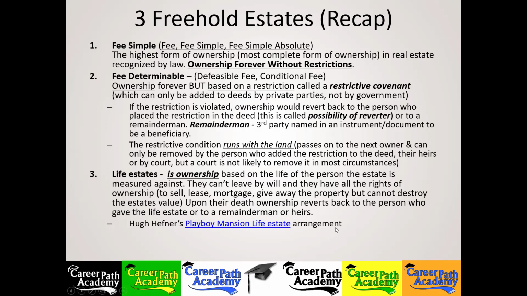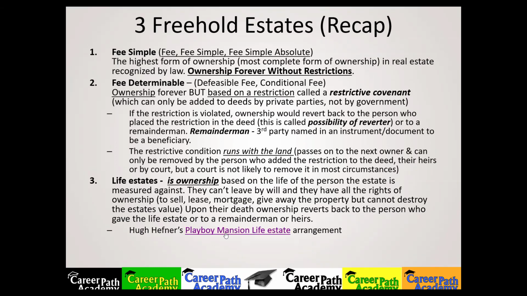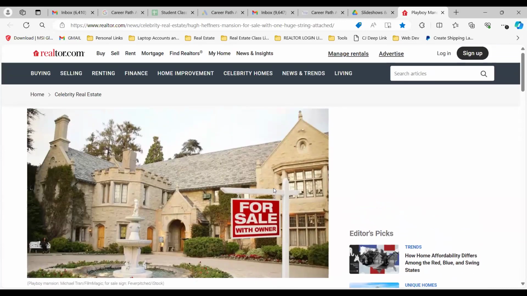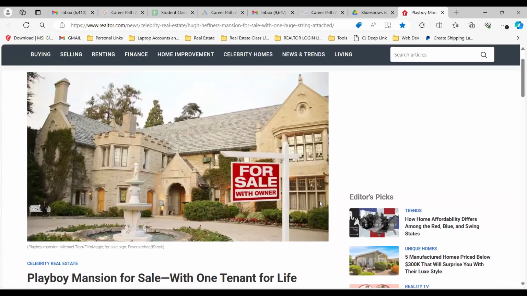So, yes, life estates are usually given. An example of a popular, famous life estate would be Hugh Hefner's Playboy Mansion here. Let me open this up. You guys remember Hugh Hefner, Playboy magazine? Wasn't that long ago. You guys know what that is? Yes. So Hugh Hefner, the ultimate Playboy, he had